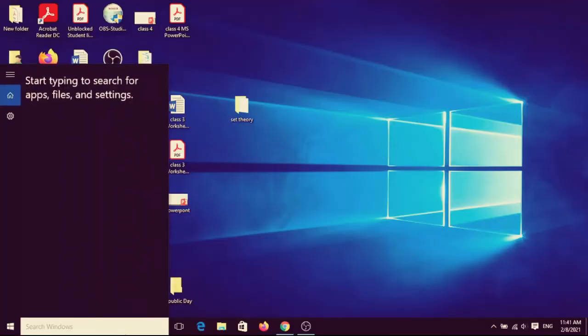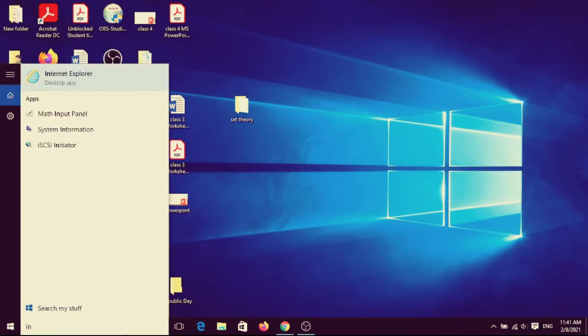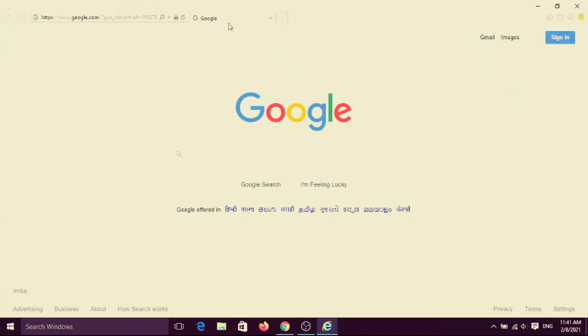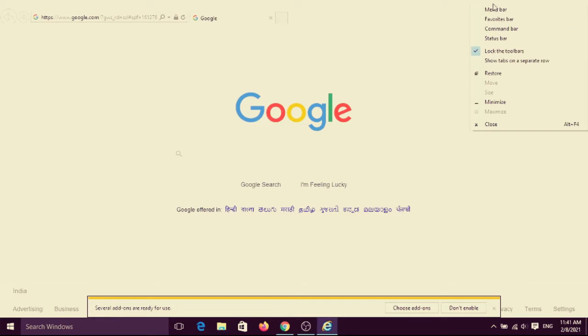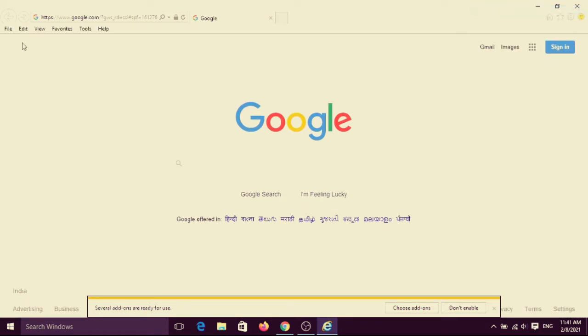See it, Internet Explorer, and click on OK to open what I have written already. In the home page it will open. Then after, right click on the topmost part, see there is the menu bar given, and if you check it, it will be shown in your tab. See, now your menu bar appears.